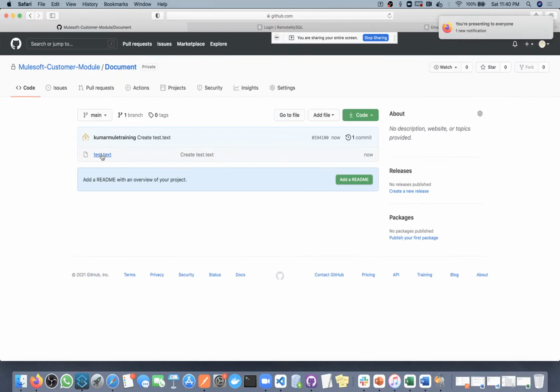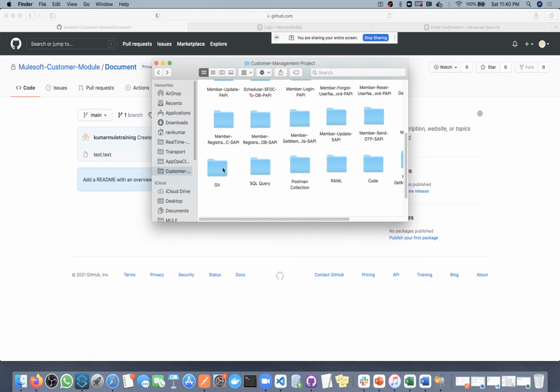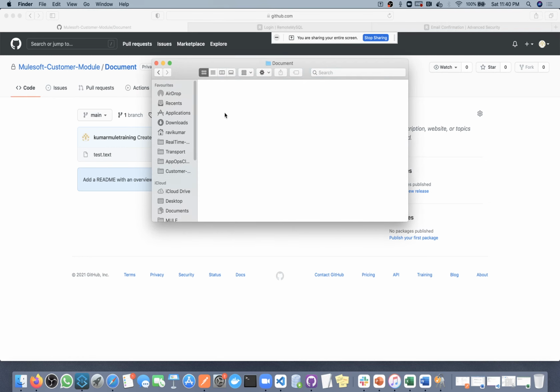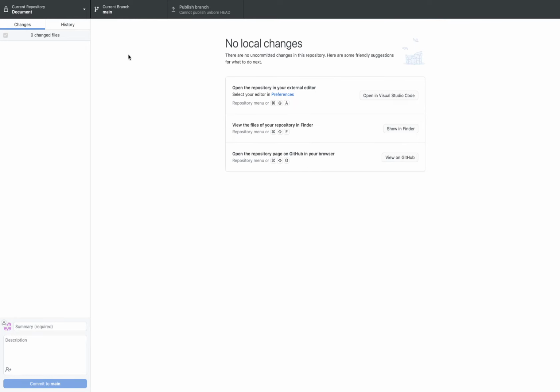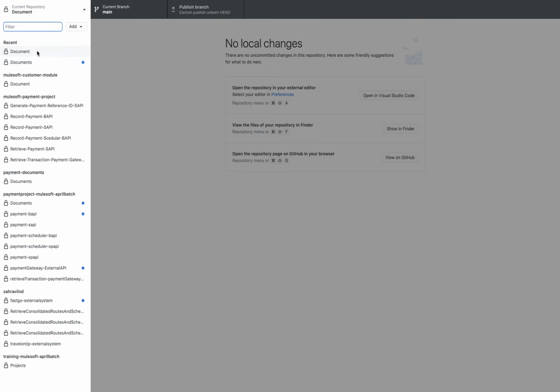Next, just now I created this file. But if I go to my local folder, it is not here. I created this file inside the Documents folder, but it's not in my local. So how can we sync from the Git server to Git local? Go to Git Desktop. We don't need any command, it's very easy here. We have this main branch. It says push branch, why push branch? It should be pull branch.